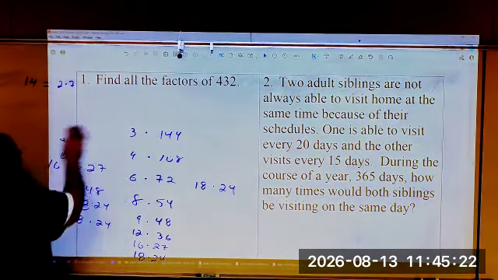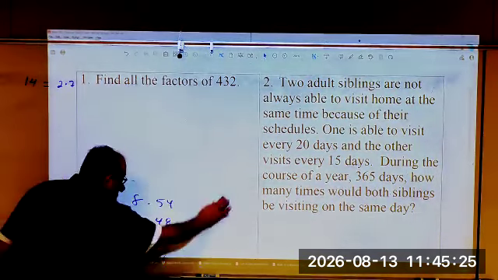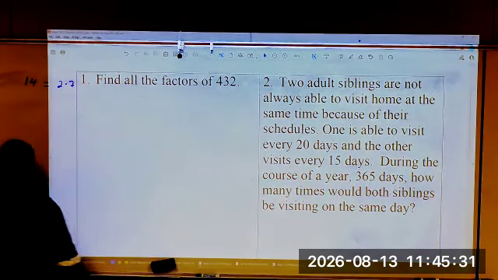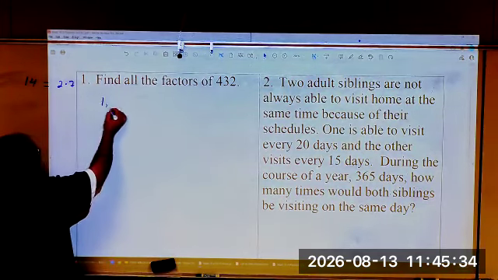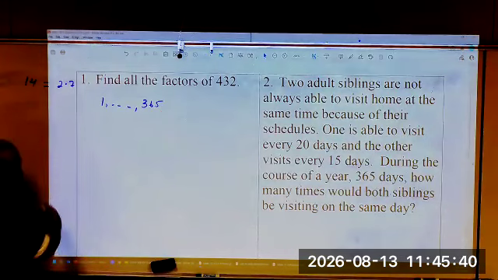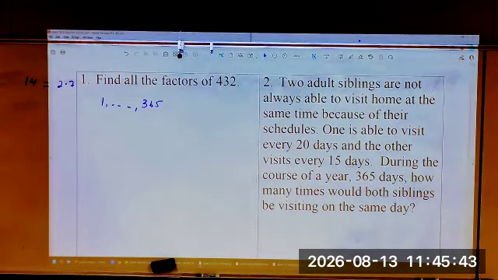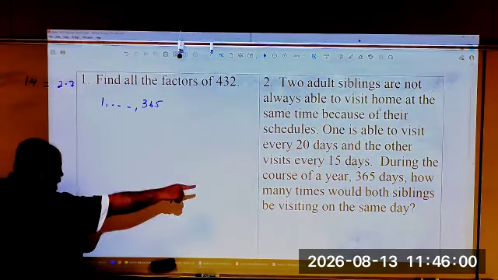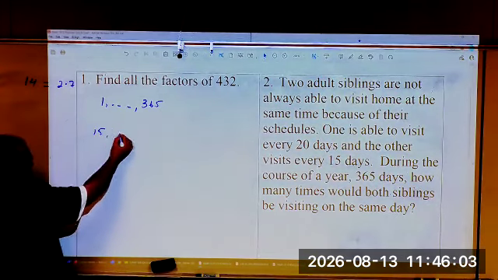So the only time they're going to overlap, and you can pick one, from day 1 to day 365, you can list player number 1, the 20 days, or player number 2, the 15 days. Pick one, tell me, 20 or 15? 15? Thanks. So the first day player number 2 is going to visit is day 15, and then day